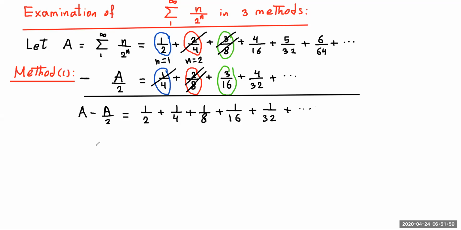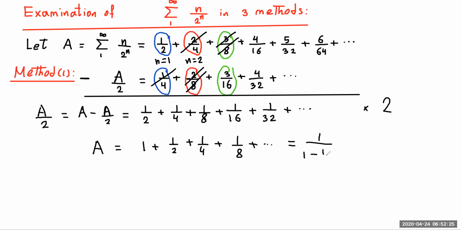So A minus A over 2, it's A over 2. So now let's multiply both sides by 2. So I will have A equal 1 plus 1 over 2 plus 1 over 4 plus 1 over 8 plus etc. This is a geometric series. It's 1 over 1 minus a half. The final answer is 2. Now method 2,